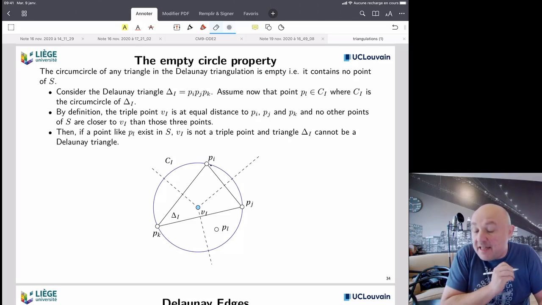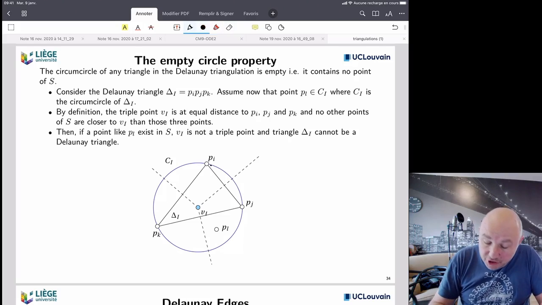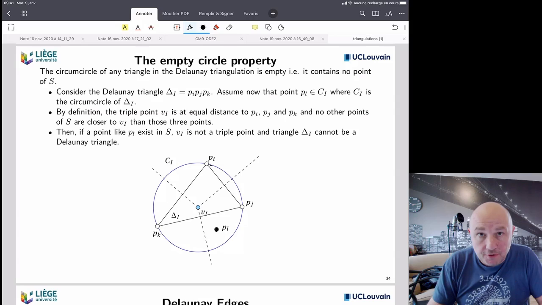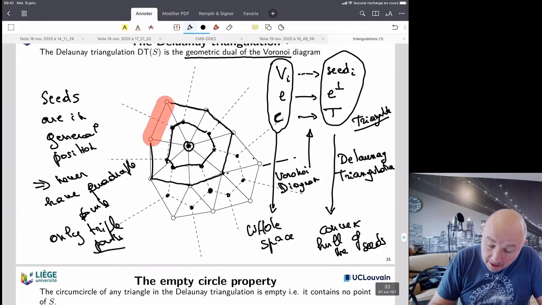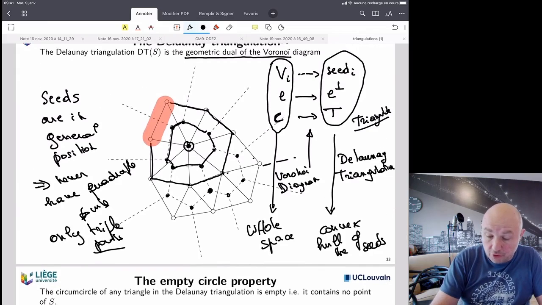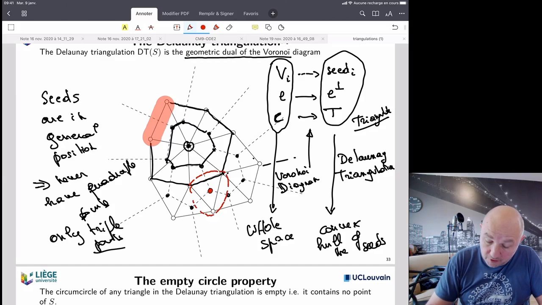So why is it easy to prove? Imagine you have a point Pi that belongs to the circle. So the circle is not empty. What does it mean? If you look now at our Voronoi diagram, here, imagine we have this point, and I'm going to change color so that you see, we have this point. And if a point was on the circumcircle, was somewhere here, it would mean that it would belong in one of the Voronoi cells of either that point,